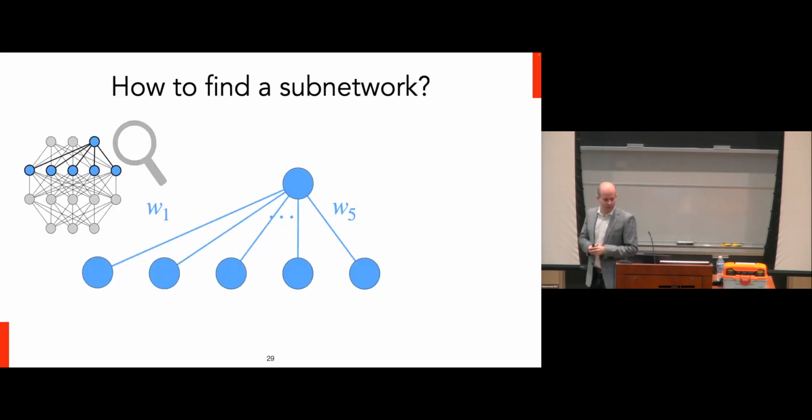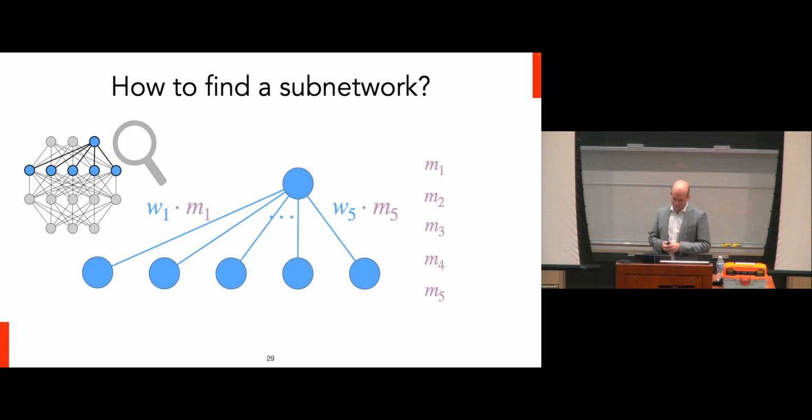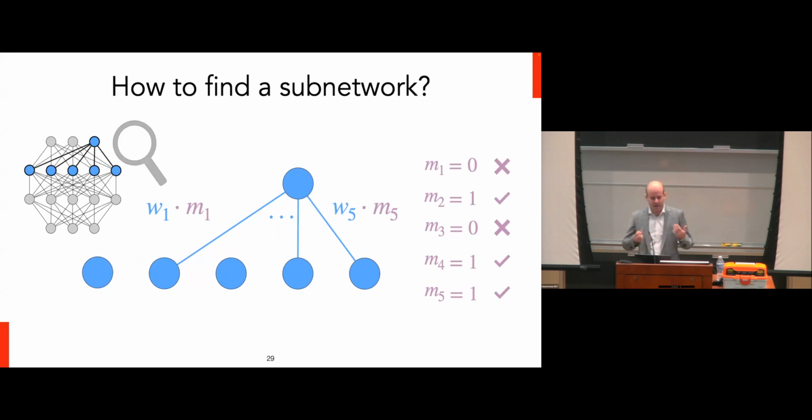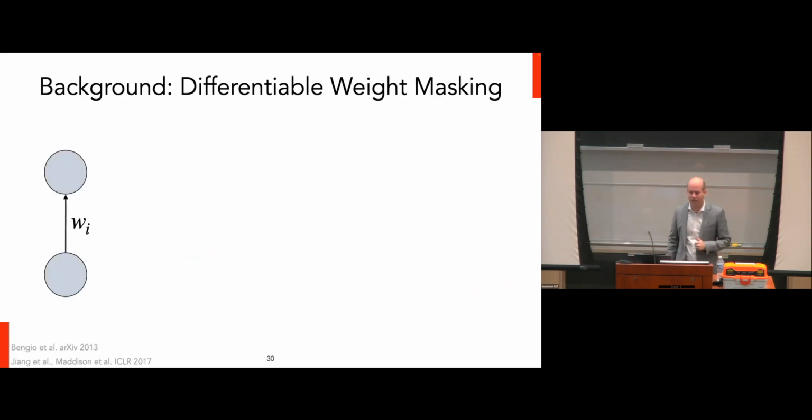So now that I've told you that we're looking for this reconstructed process, how do we actually discover the subnetworks or circuits within the larger model that represent these processes? So what we're going to do is use a class of methods called differentiable weight masking, which is that essentially what you do is that you assign some sort of mask parameter to each weight in your network. And then you learn a binary value for each of those mask parameters that's multiplied by the weight that used to be in the network. Essentially, this masks the weight if it's 0 and keeps it in the network if it's 1. And the effect of a masked weight is that it is effectively removed from the system since it can no longer contribute to any input that is provided and leaves you with a subnetwork of the original system based off the masks that you have actually learned.